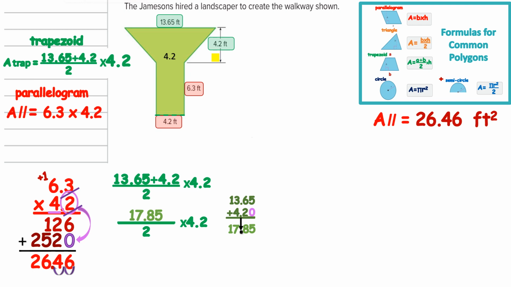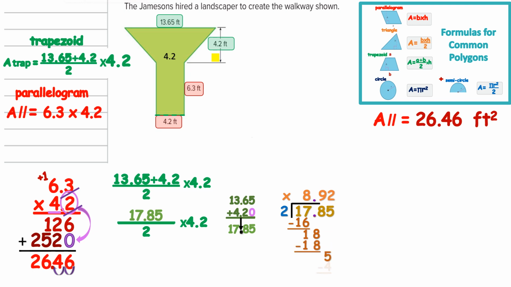If you got 17.85 as your numerator, then hopefully you said, well, my next step is I have to divide by 2, because order of operations tells me to do multiplication and division from left to right. And I know that 17.85 over 2 is division. So you should have done 17.85 divided by 2, raising your decimal, and then 2 went into 17 8 times, which, 8 times 2 is 16, with a remainder of 1. You brought down your 8, and 2 goes into 18 9 times, which is 18,